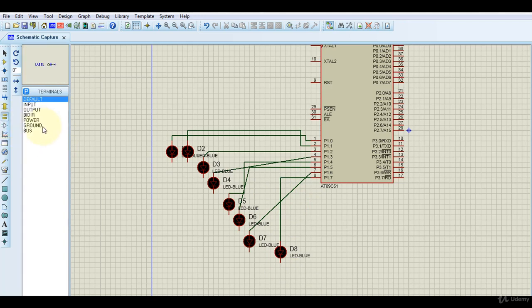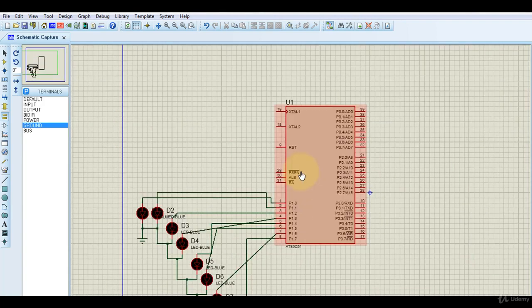So terminal mode, select ground, connect ground like this. Okay, and that's it.